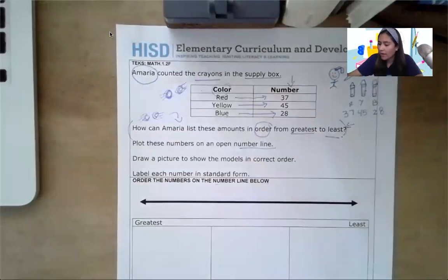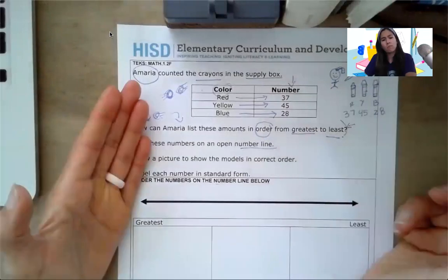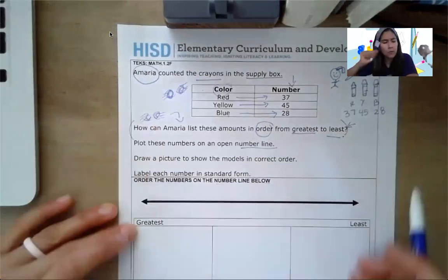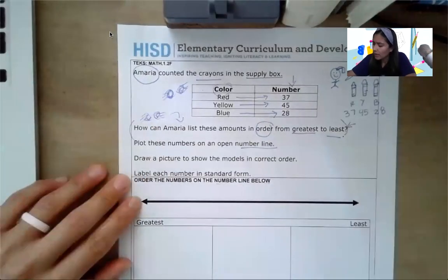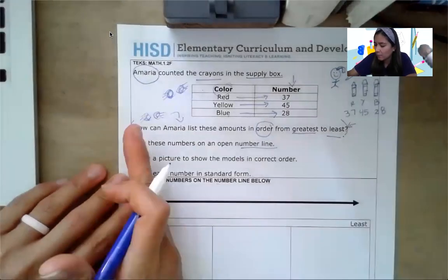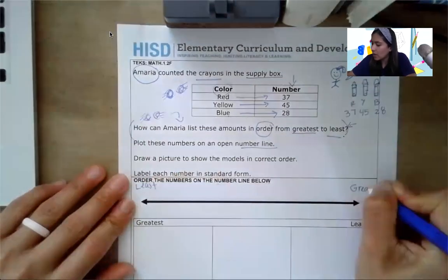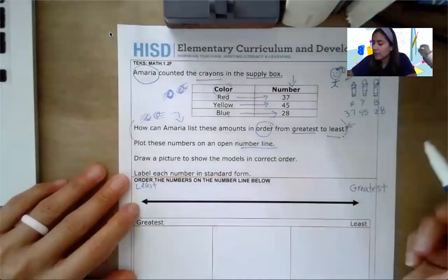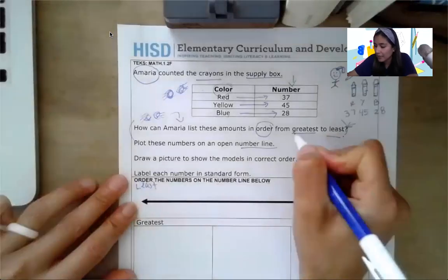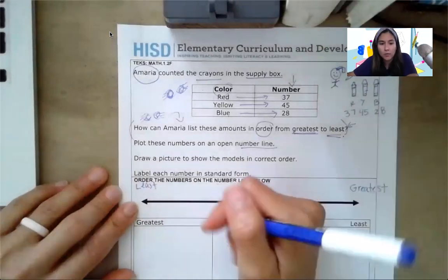So in my number line, I know that the numbers start from greatest to least. No. Oh, this is the bottom part. Okay, so let me come up here, and I'm going to think. In the number line, the numbers go from the least to the greatest. And in the number line, the numbers are always from least to greatest, okay? Even though it's telling me to order them from greatest to least, right? In the number line, I always have to make sure that they are in the correct order from least